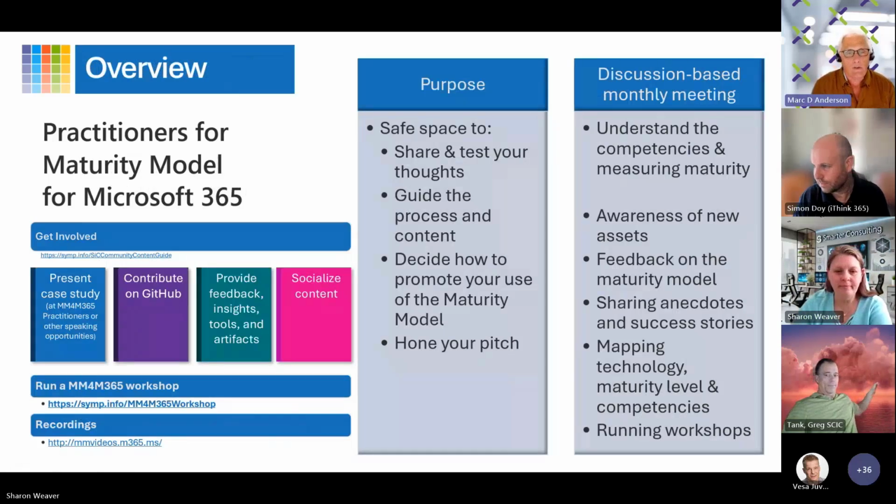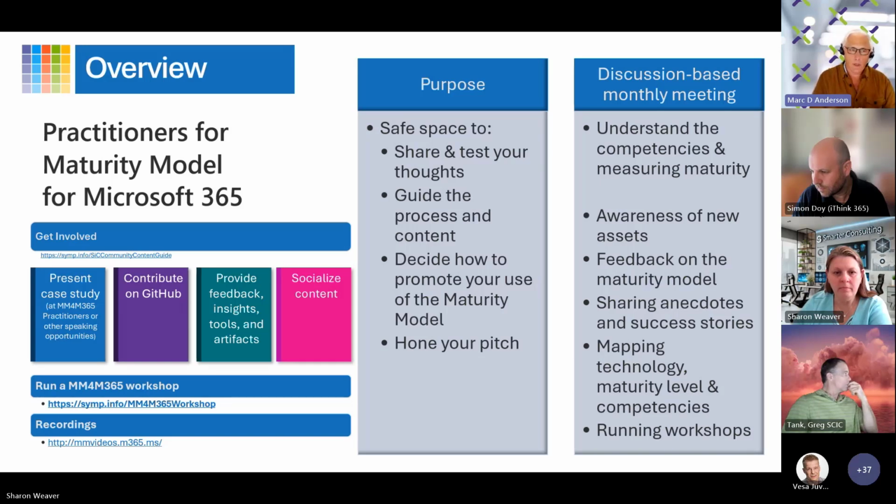So how can you contribute? I will just jump into this so we get moving. These sessions are really intended to be for you as a community. We were very interested in any additional thoughts that any of you might have, experience that you have using the maturity model in your job or in your consulting. So if you have a case study, something you can discuss, how did you use the maturity model in order to solve some problems or move your organization forward? We would love to hear those.